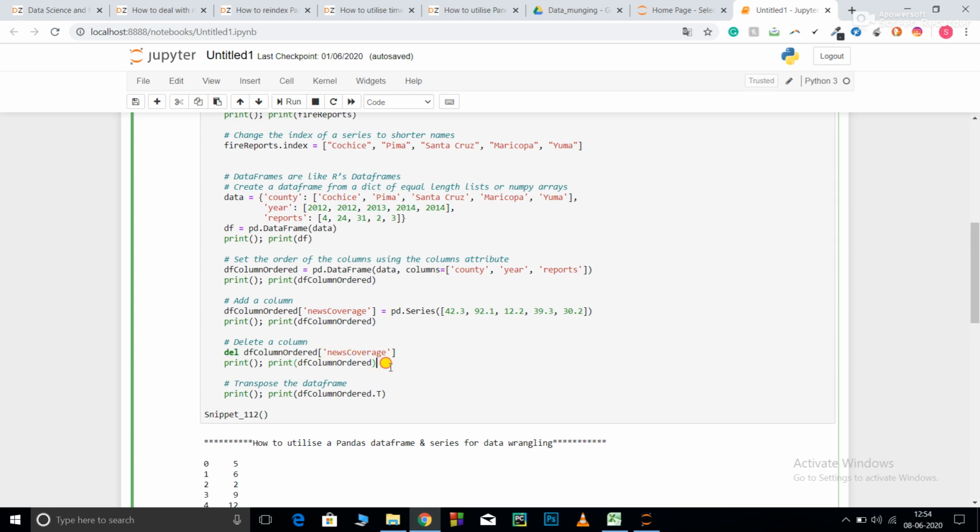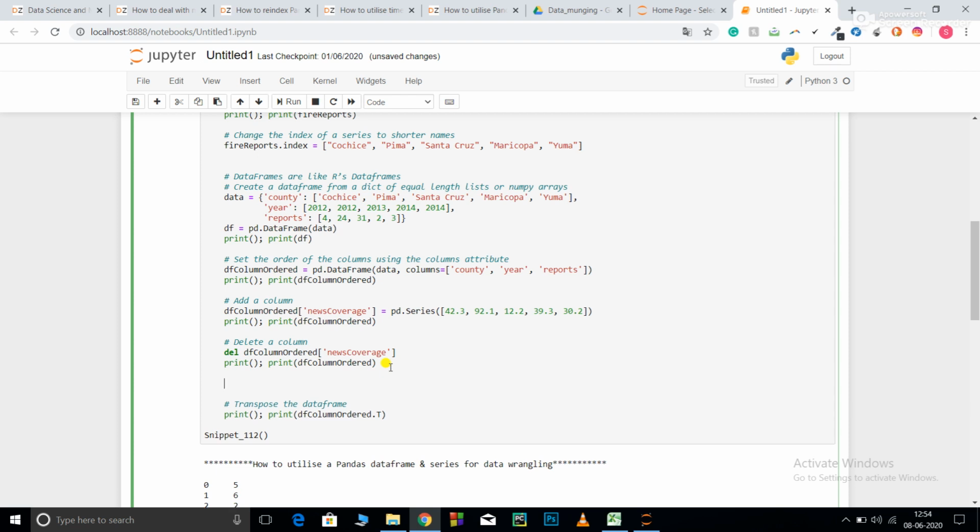You could have also done df dot drop columns equal to news coverage, then you need to write inplace is equal to True.